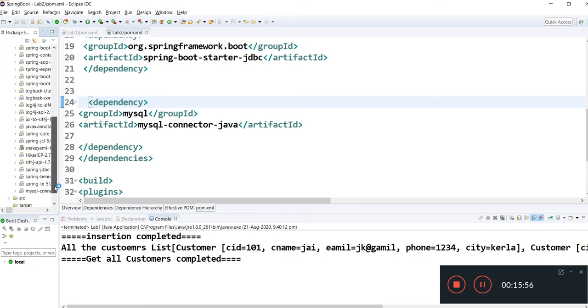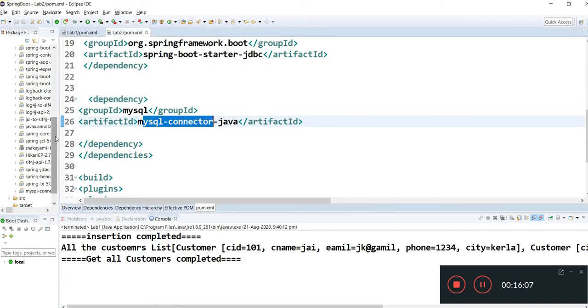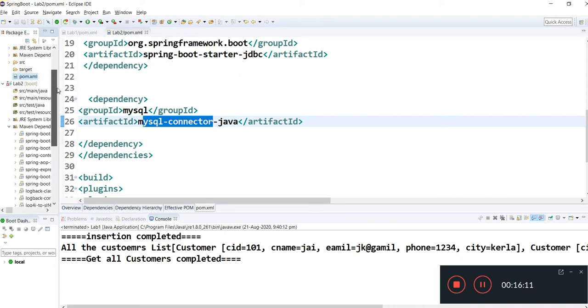It has downloaded the MySQL connector also. Okay, there is one issue. I will tell it later when we face the issue in our logs. For now, you can say that these dependencies have been downloaded.